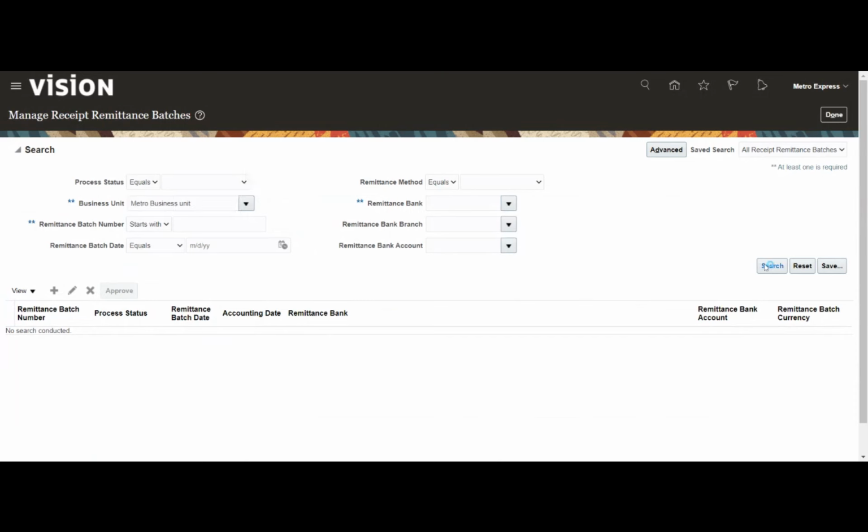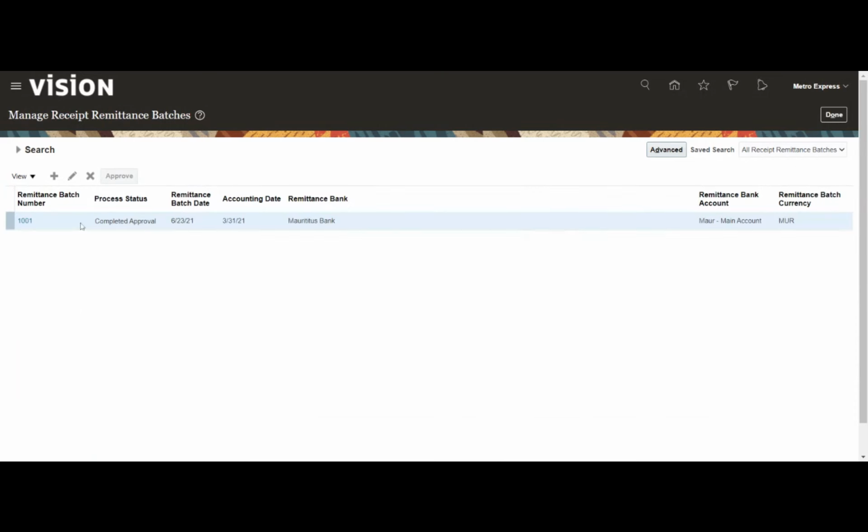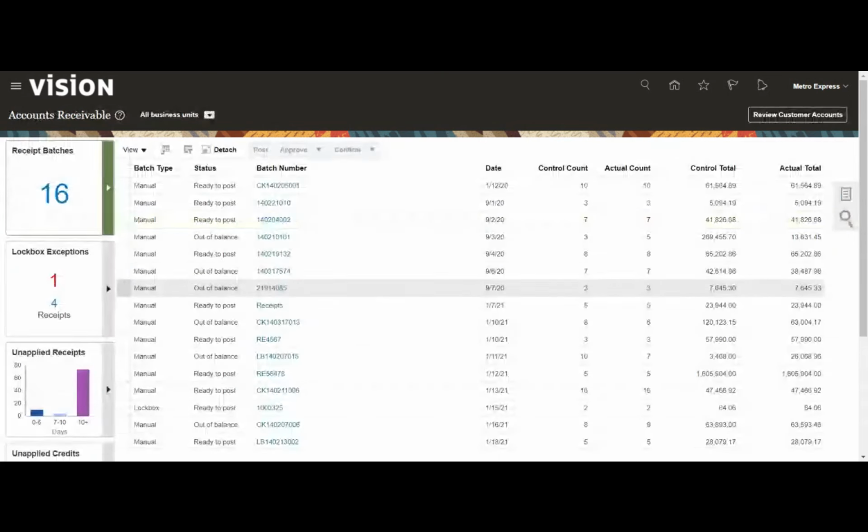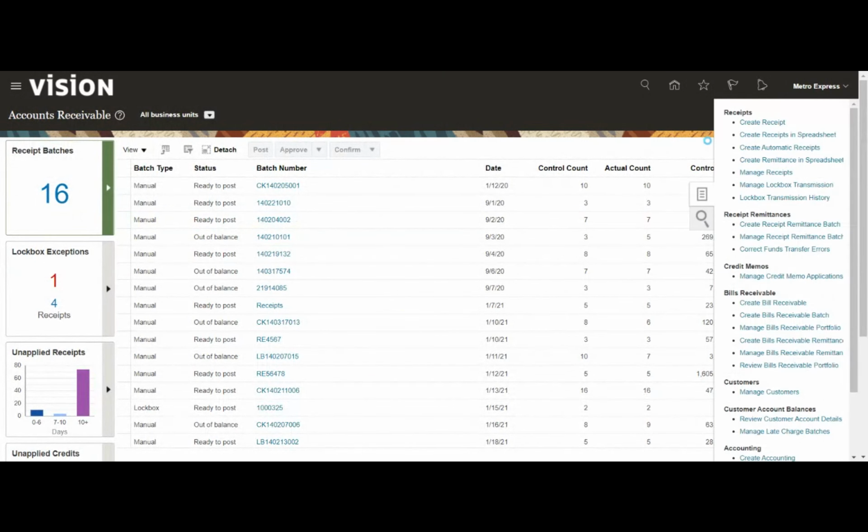Okay. So now we can see that this has completed approval. Okay. So what I will do is I'll create a manual bank statement.